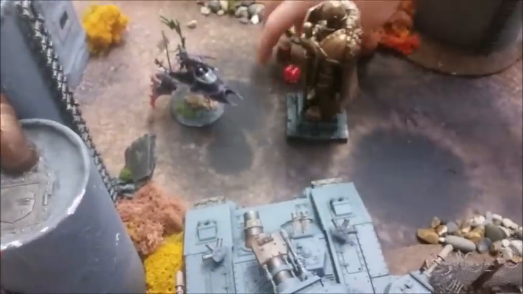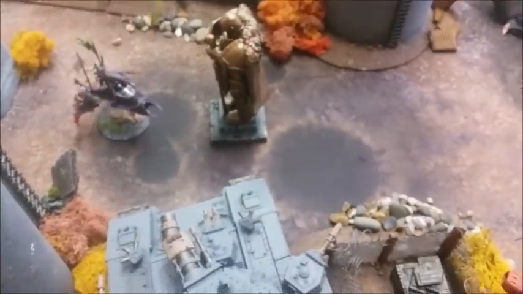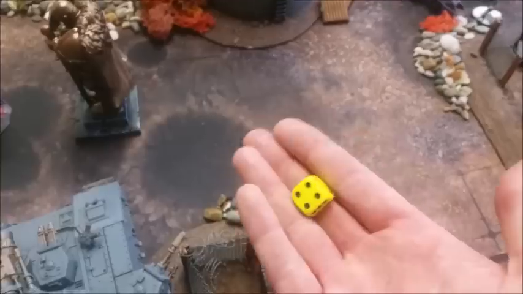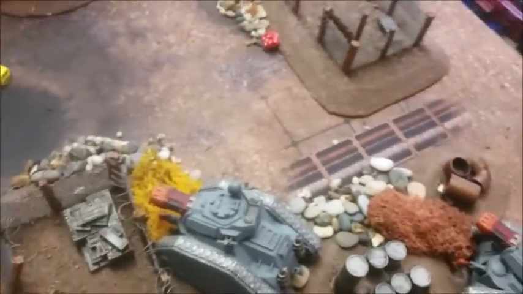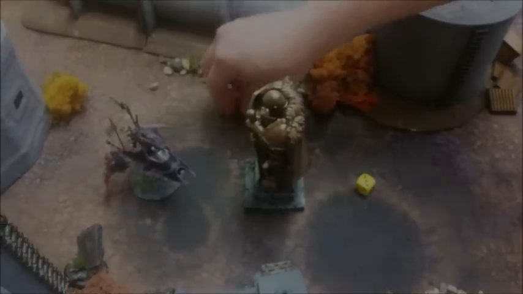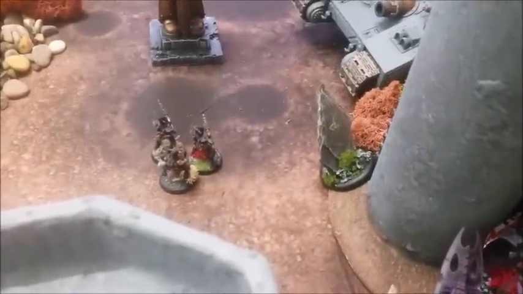Where's it going? Oh, shit. Strength 10, ignores cover. So, basically, I've got 5 up in run. No! So what happens to a Conrad? 6. Boom. That's probably going to be decimated this turn, but...